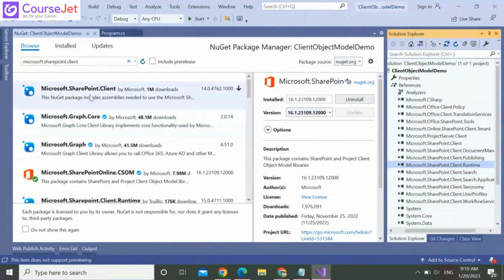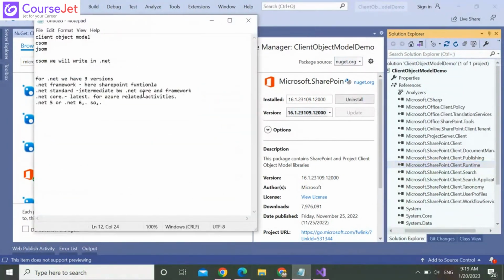So this is the difference in SharePoint coding: server object model versus client object model. In the server object model, we need to add Microsoft.SharePoint as the default DLL.